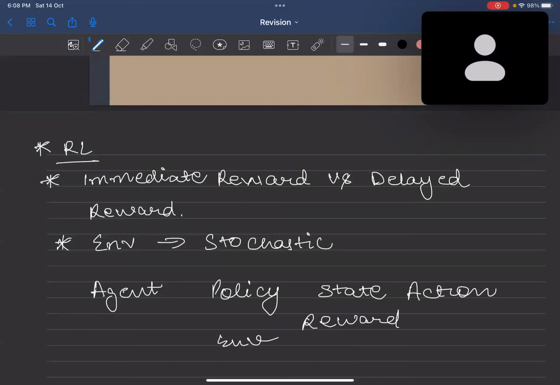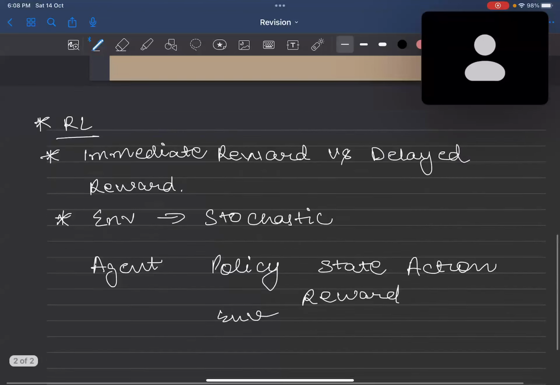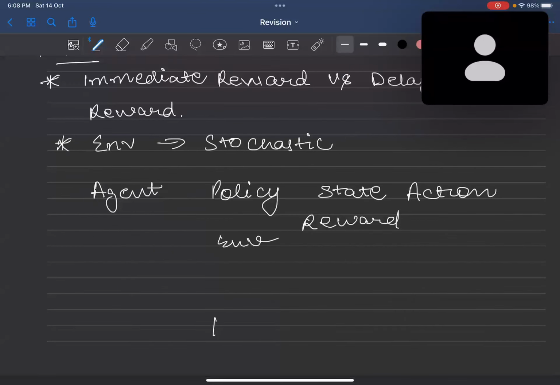Environment is the real world. The environment has its own real world model, how the world works. The agent is basically the reinforcement learning algorithm, the one which actually tries to act in the real world. Taking the feedback, state and reward, and acting in the real world. That is a part of the reinforcement learning algorithm, or the agent, which we are trying to learn. And policy is the one,